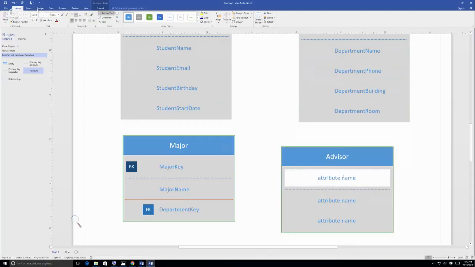So I'm going to do advisor key, and we're kind of punting as to what that key would be. When we actually create the databases, then you have to decide what that key consists of and how you're going to do it. Advisor name,